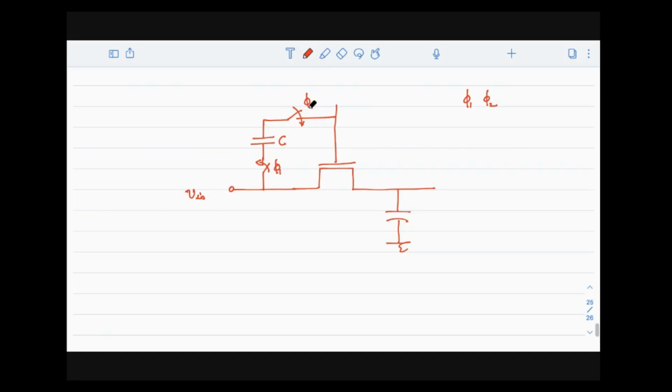But at the same time, one more thing I should do. The sampling phase is okay, but with the assumption that the capacitor is holding that voltage. Now during the hold phase, what should happen? This phi1 will be off. At that time the gate should be connected to ground. So I should make this connection here. This should be connected to phi2. Is that clear? Yes, I need 2 more switches. For what?